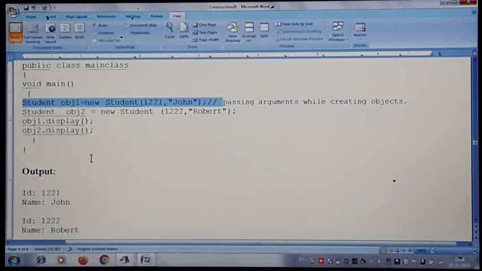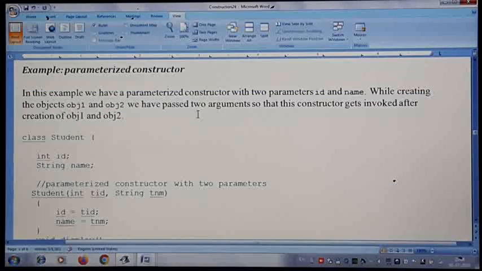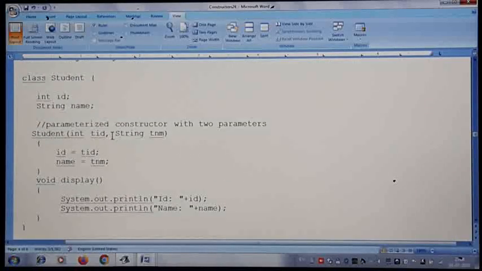Then for the second object, student 2, I am passing the id as 1222 and name as Robert. Immediately for the second object the initial values of id and name are set in the constructor, because the constructor is taking those values and those values are assigned to the instance variables.